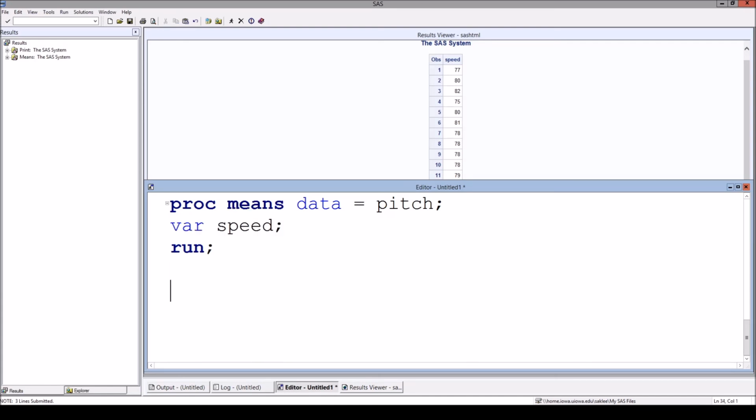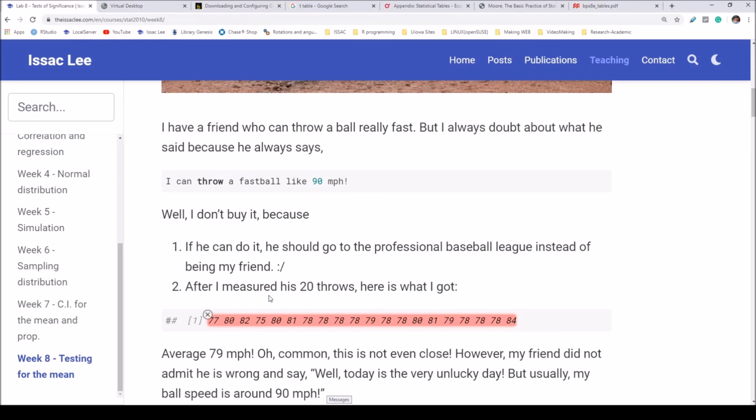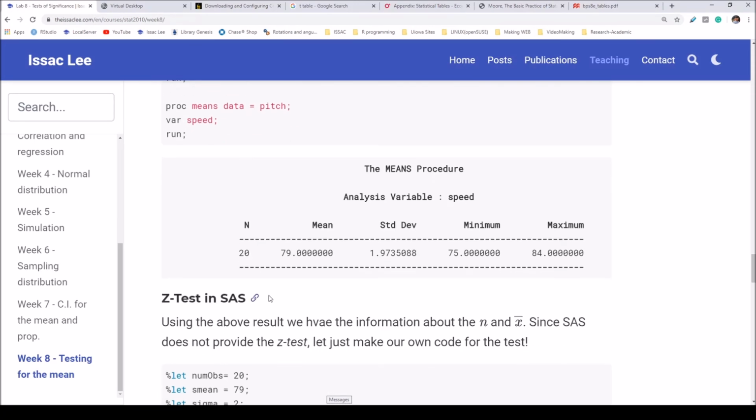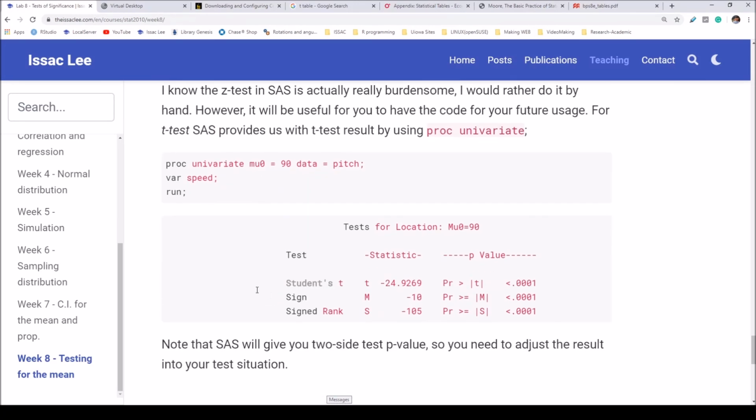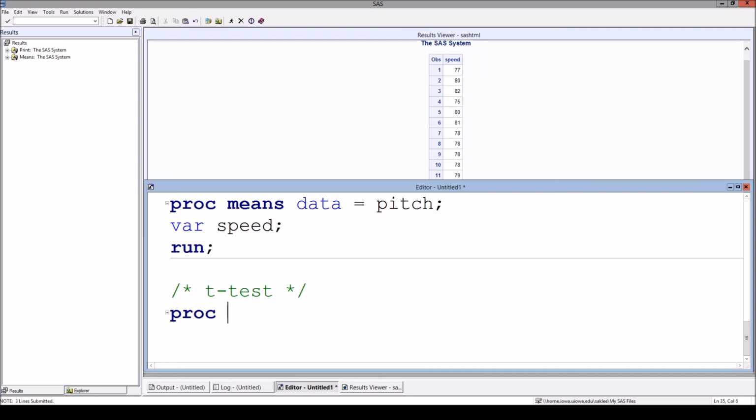And to do the t-test, the test can be done with the procedure univariate. So let's just do the normal univariate procedure.